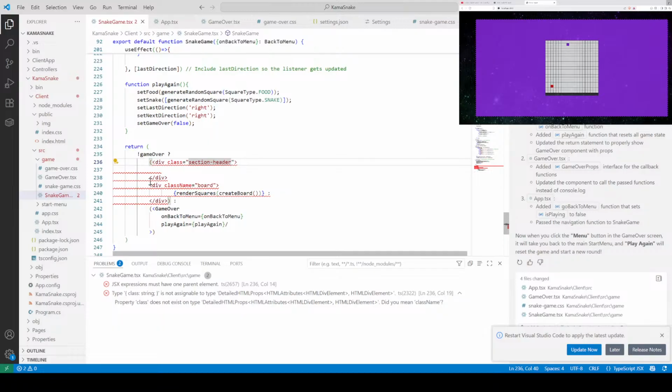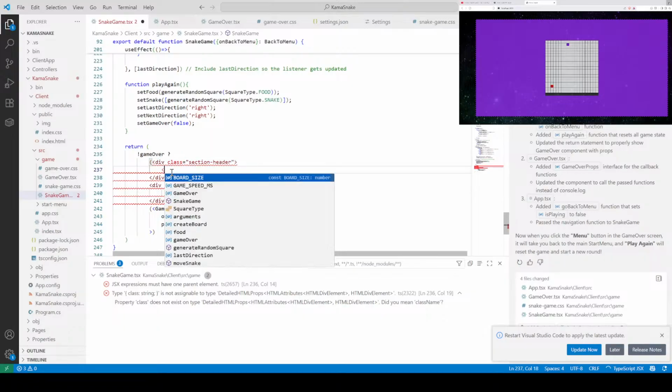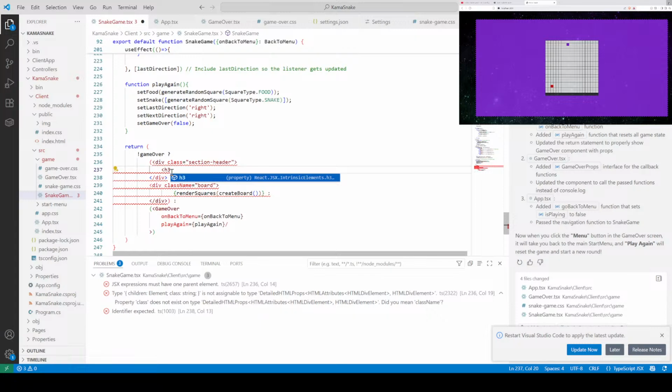Let's try to come up with something easy. Let's use H3 and we can write, well,